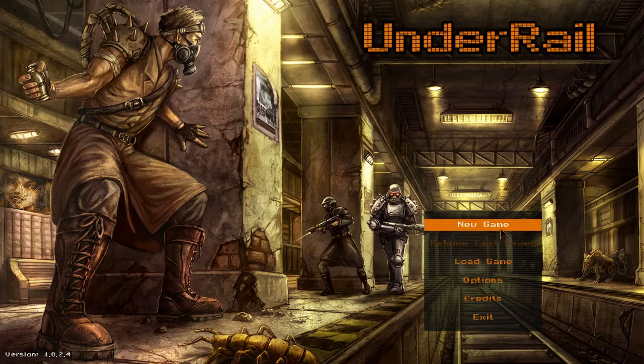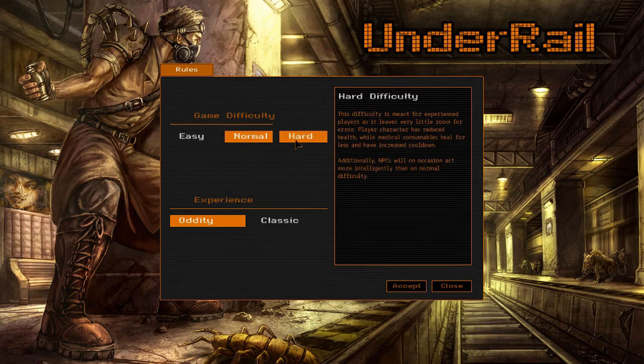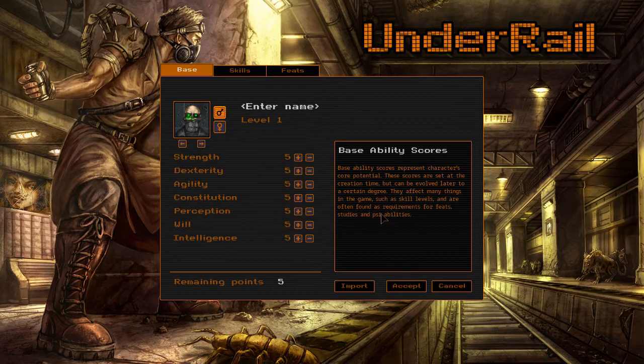I don't really remember what to expect here. Let's see. We shall play it on normal. And I think we'll use the classic XP system. So away we go. Alright, we'll make our character. We'll make him TheOzzieNerd. He'll look something like...